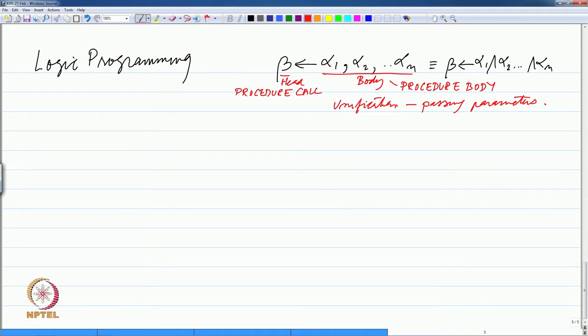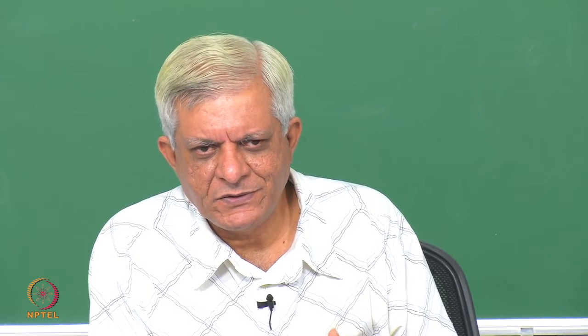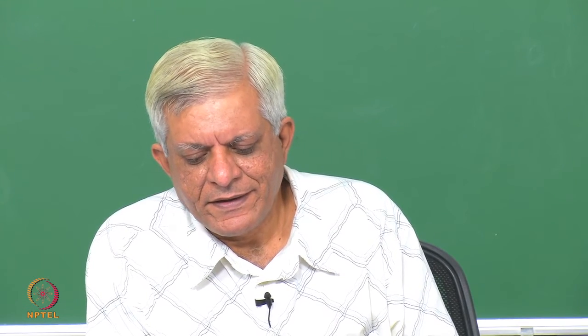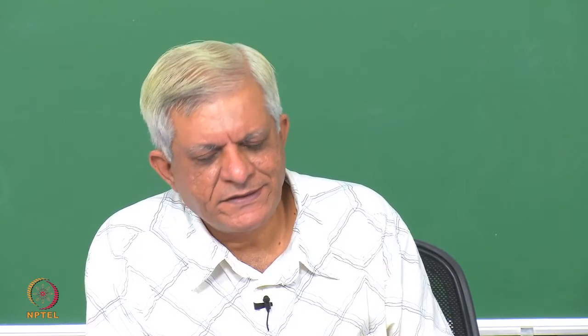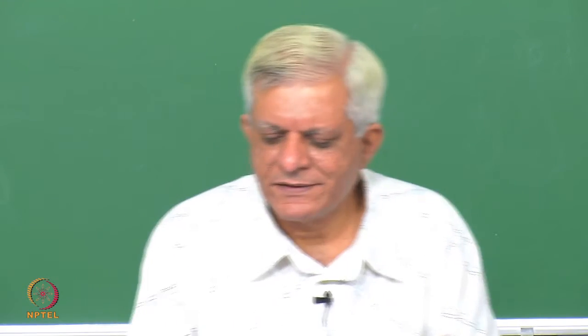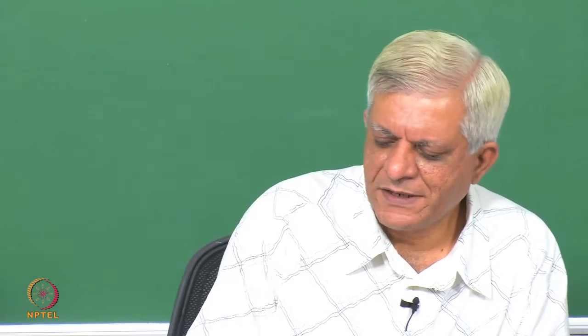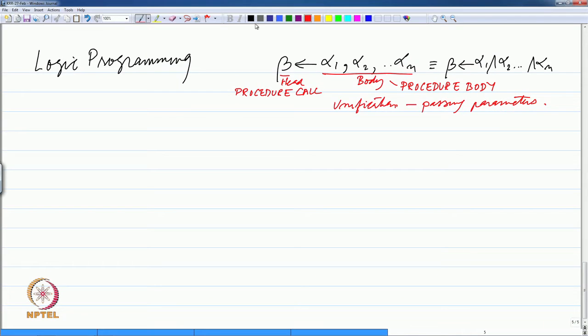So, by asking whether beta is true, we are in some sense calling a procedure which in turn asks whether alpha 1 is true and alpha 2 is true and alpha 3 is true and so on and so forth. And while doing so, it has to pass parameters, which is done by the process of unification. We have so far looked at smaller formulas, and in the last class we looked at this definition of append,